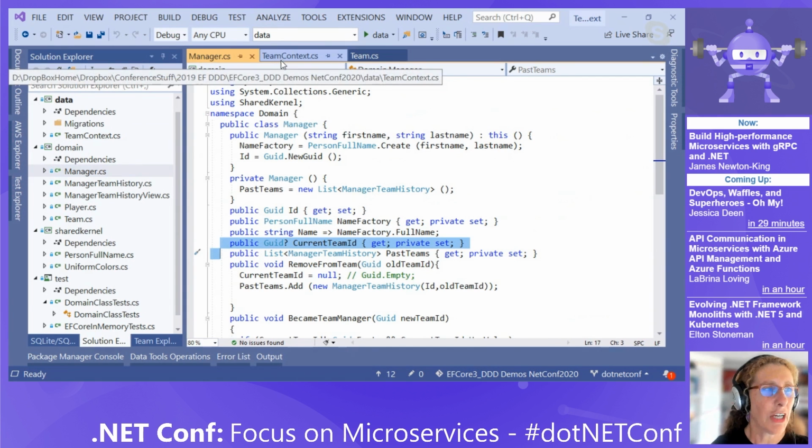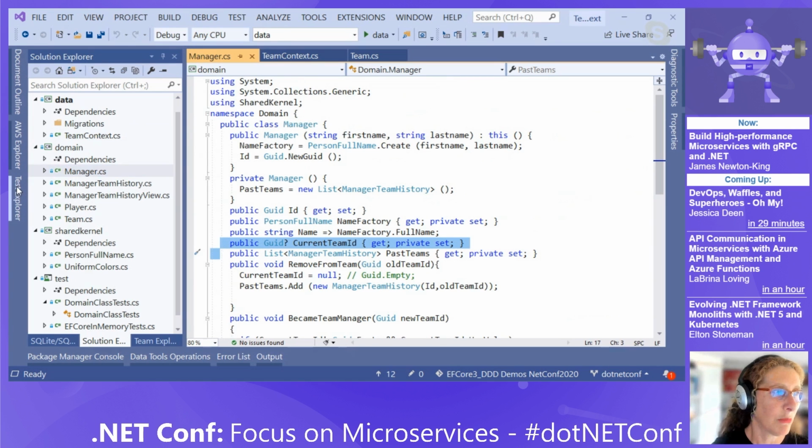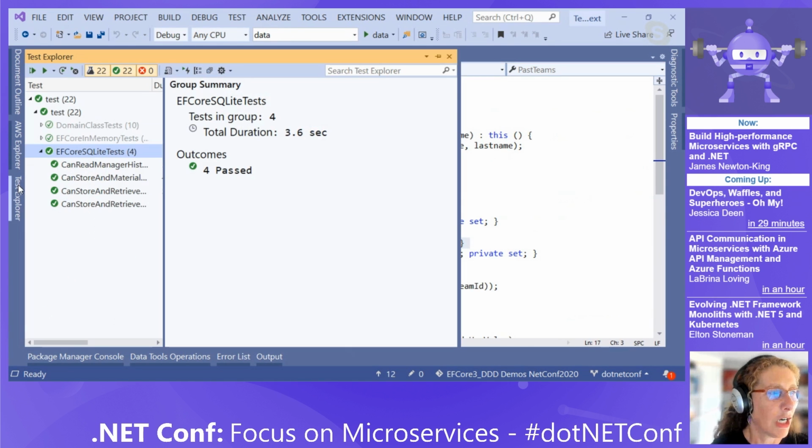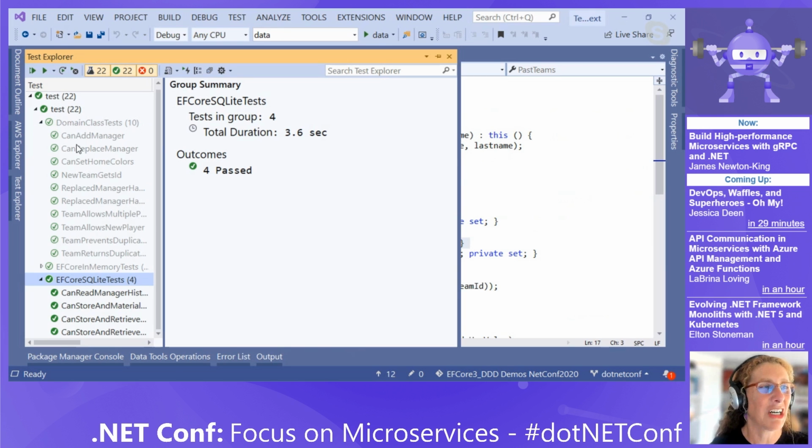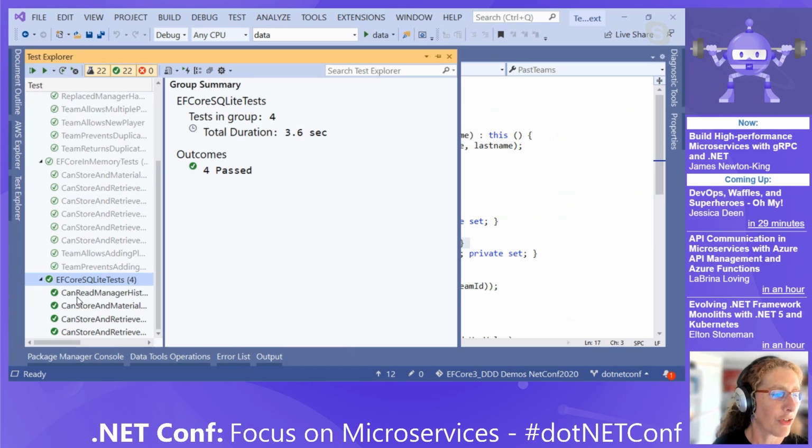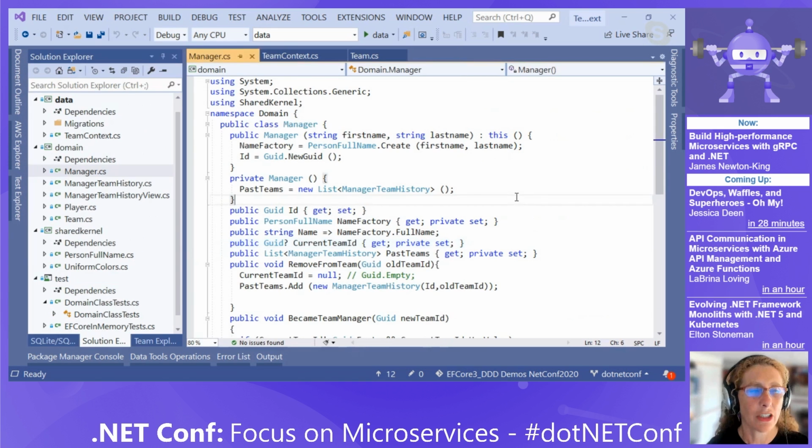So by the way, I'm not going to run them every single time. I have lots and lots of tests here to make sure all of these assumptions I'm making, all of the things I'm doing, are working. So I've got a whole bunch of class tests for my domain classes just to make sure that internal logic is working. But I've also created a slew of in-memory tests with Entity Framework Core, and also some integration tests directly with the database, because there are a lot of things that in-memory is still not going to represent when it comes to actually testing a database. So it's really important to do that.